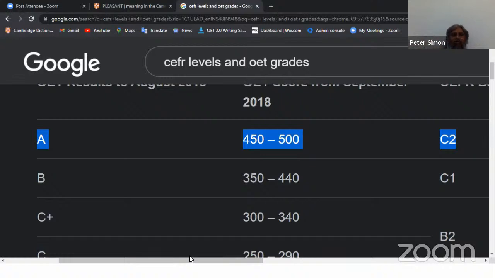C2 means they will give you 450 to 500 words. In every sentence you use at least one or two C2 words. How you are putting words is important. And many students are copying the words from the case notes and placing them in the letter. Don't do that. Then next.